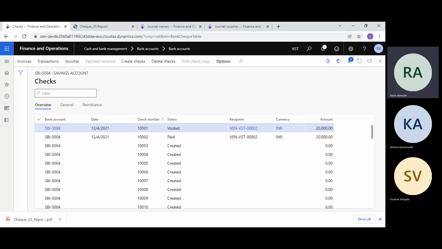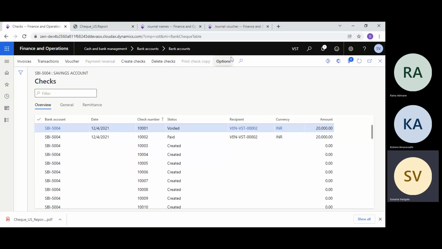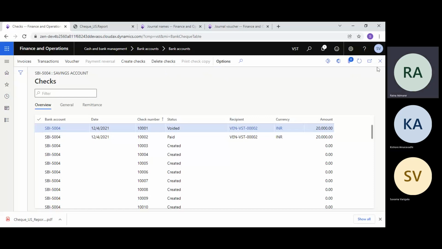And the remaining are all just in created status, which is available to print. So this will be available for printing, as per your question on what the status is. So you will get this status here. Okay. Yeah, got it.